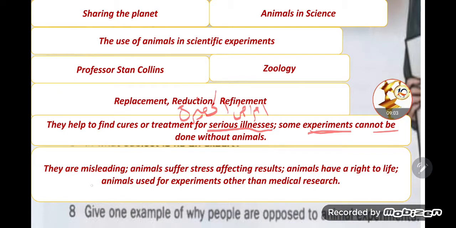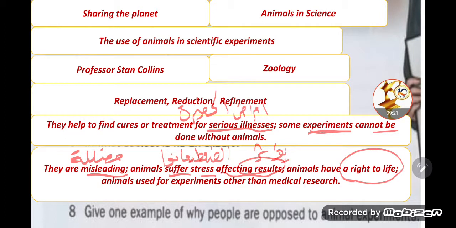تمام. إذا حكينا إنه they are misleading، ممكن تكون مضللة يعني بيتم تضليلهم. وانيمالز سفر ستريس يعني بيعانوا من ايش؟ الضغط النفسي. وطبعا هذا affecting results بيأثر أو يؤثر على الريزلتس. وبرضه كمان حكينا إنه هم بيعتقدوا أو يعني هم بيآمنوا بشغلة مهمة جدا، إنه الأنيمال have a right to life، عندهم حق الحياة. ورايتهم مش معناها صحيح ولكن بمعنى حق. Animals used for experiments other than medical research، بأنه بعض الحيوانات بيستخدموهم أو بعض التجارب بيستخدموا فيها الحيوانات to test other products not scientific or medical experiments. Okay,